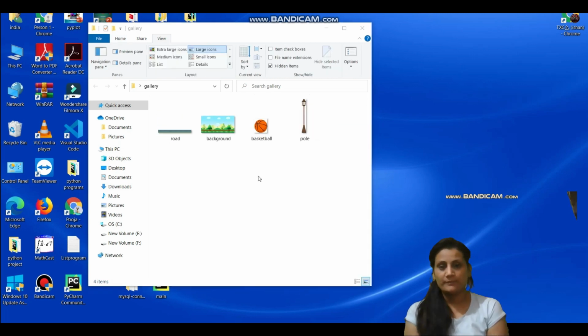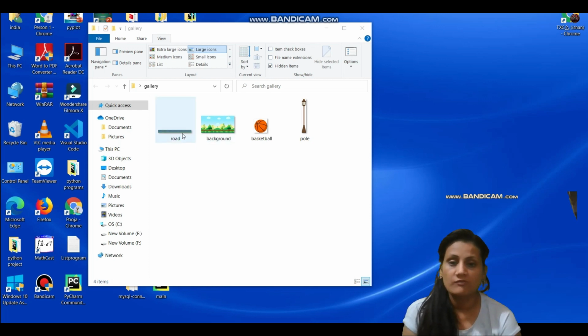See here, these are the backgrounds and images we are going to need. You can download these images from the net, but be very careful, only go for free images. This is what we will be using as a background. This one, the road, basketball and a pole. These are the things we are going to need in our program.